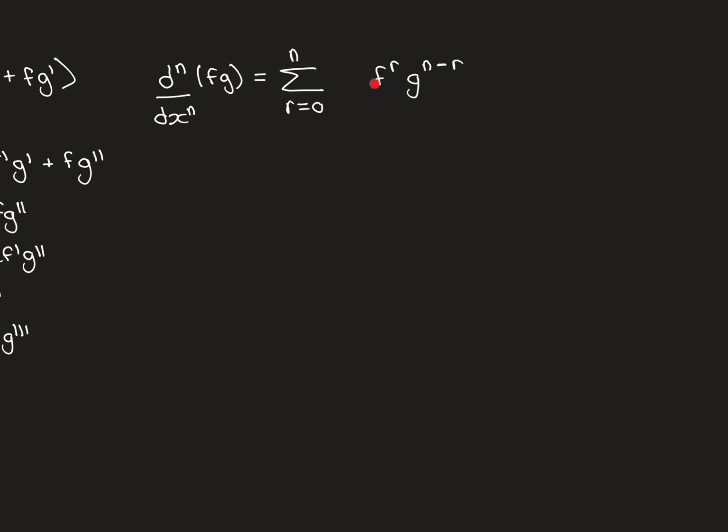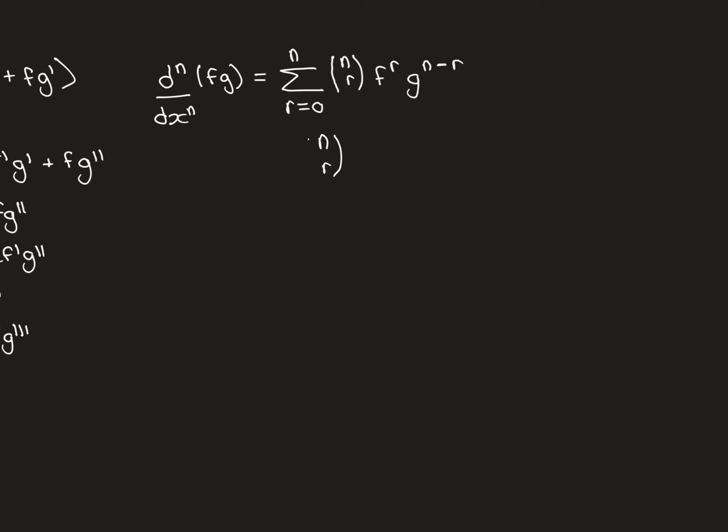When r is equal to 1, that will be f prime here, so you'll have differentiated f once, and this will be n minus 1, so the other n minus 1 differentiations will have gone to the g, and so on, all the way up to r is equal to n, which will be where you've differentiated f the full n times, and then you'll have n minus n, which is 0, so g will be not differentiated at all. So this will give all the possible ways that you can distribute the differentiation among the f and the g, and then you're going to have the binomial coefficients here, so n choose r, which I write like so, but